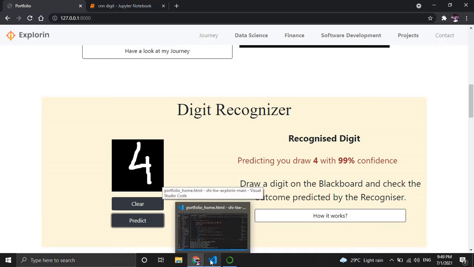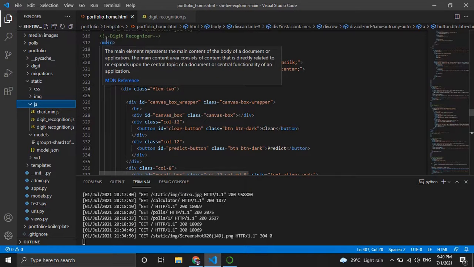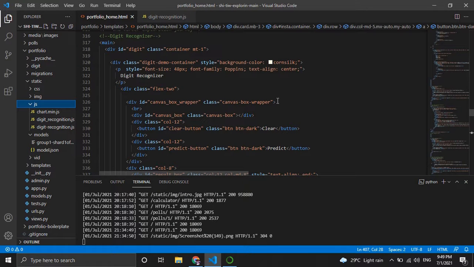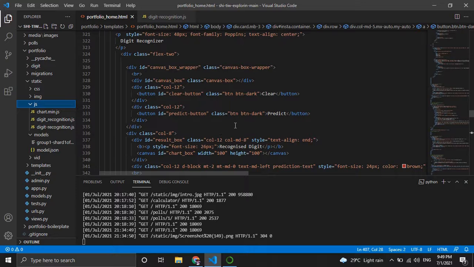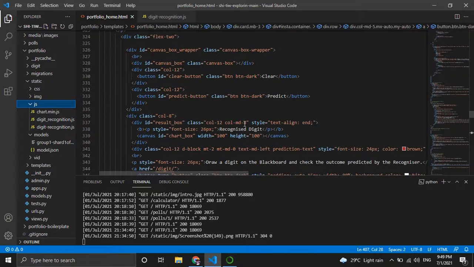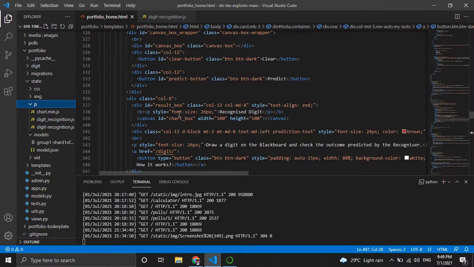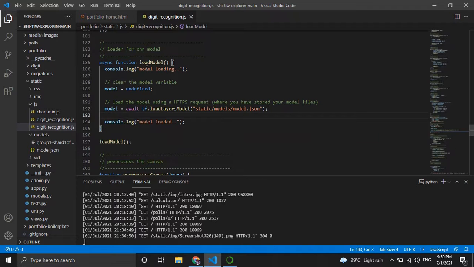Let's see what is the front end part of this code. We have divided the code into two parts. In the first part we have kept the blackboard and the buttons, and in the second part we have kept the screen and the prediction areas. We have linked it through our JS file, which is going to give us the predictions.